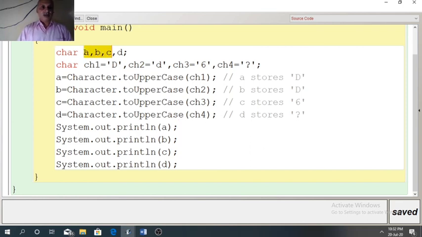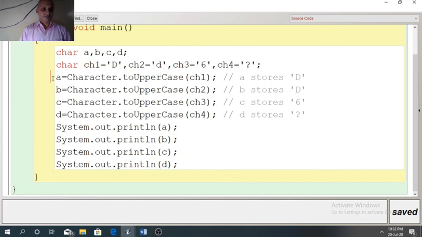Here A, B, C, D are variables of character type because the two uppercase function returns a character value, so we need to store a character value in these variables. ch1, ch2 capital D and small d, ch3 is digit 6, ch4 is special character question mark.